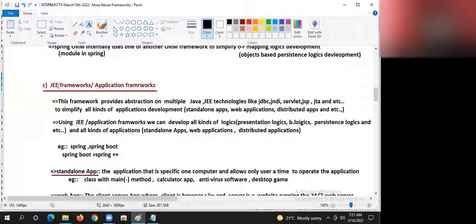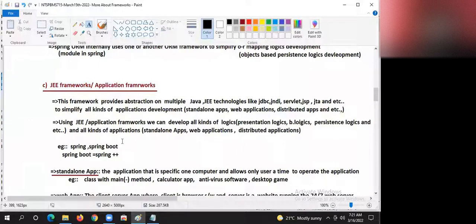Then we discussed what, guys? Java EE frameworks are application frameworks. These frameworks provide abstraction on multiple Java EE technologies to simplify all kinds of application development. All kinds means standalone applications, web applications, distributed application development.